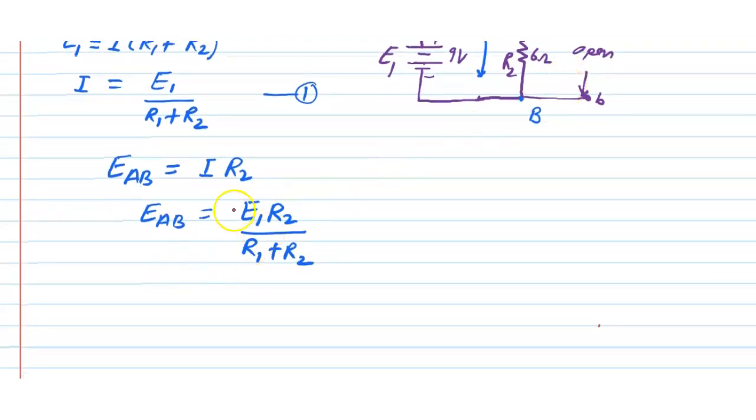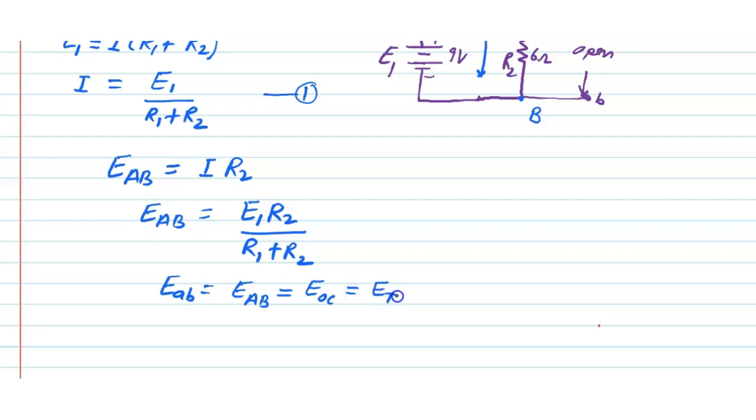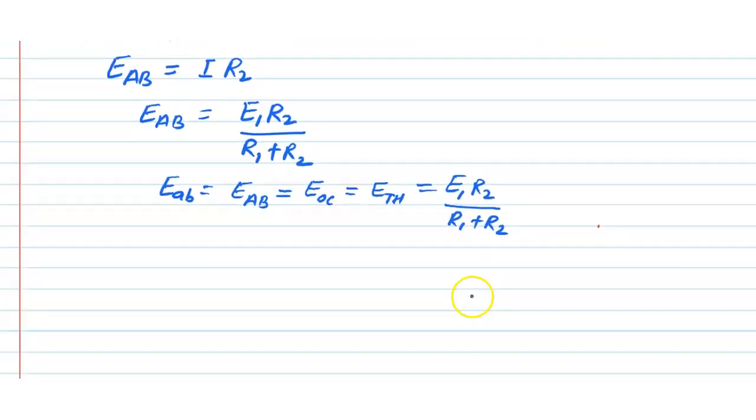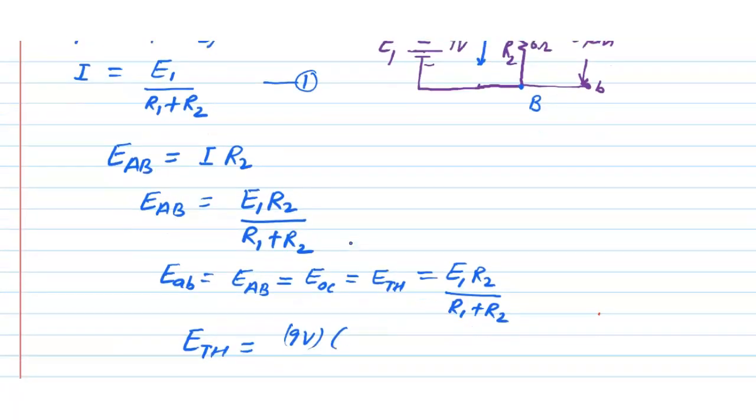That means the voltage is EAB, and this voltage is also known as the open circuit voltage, that is EOC, or we can write it ETH, that is Thevenin voltage, and it will be E1 R2 divided by R1 plus R2. Now substitute the values: E1 is 9 volt and R2 is 6 ohm,